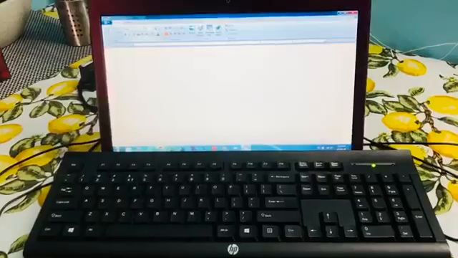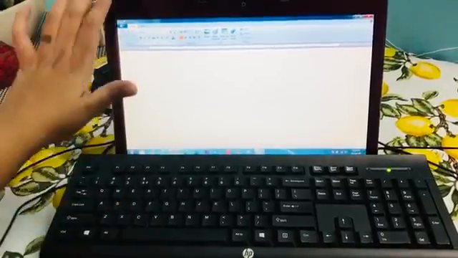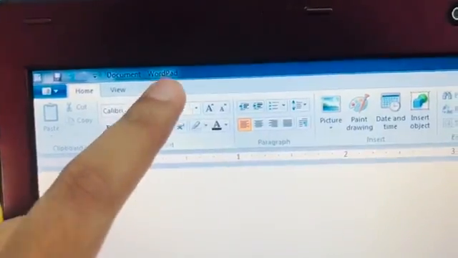And again, with the help of your parents, I want you to open WordPad on the computer. So how do you spell WordPad? W-O-R-D-P-A-D. WordPad. After you have opened WordPad, you will see a screen something similar to this, and at the top of it, WordPad is written.